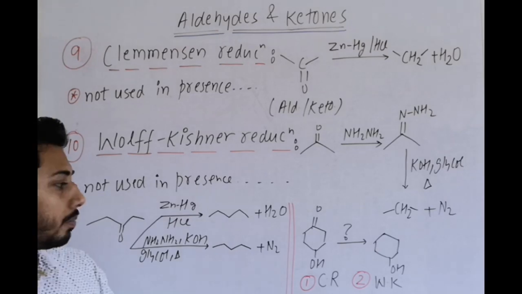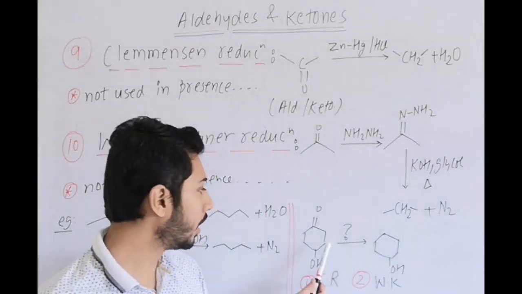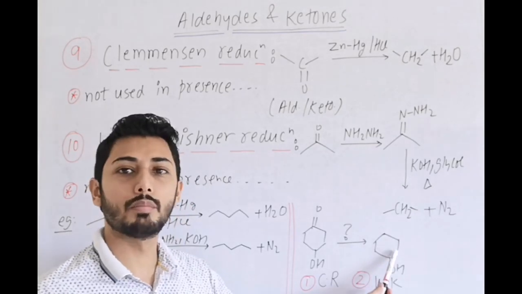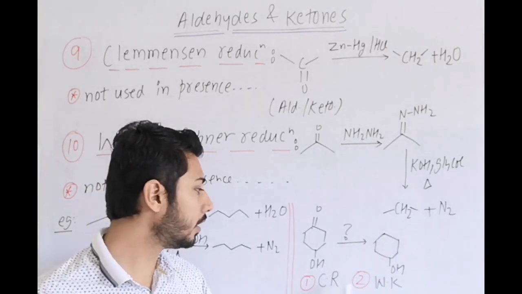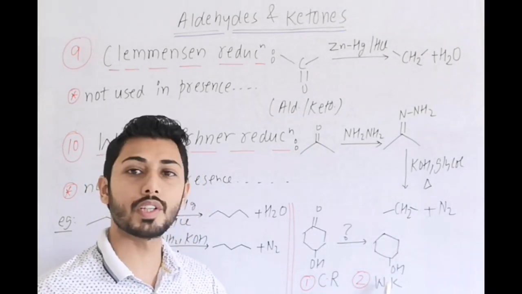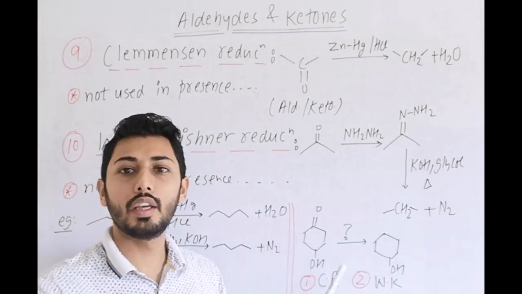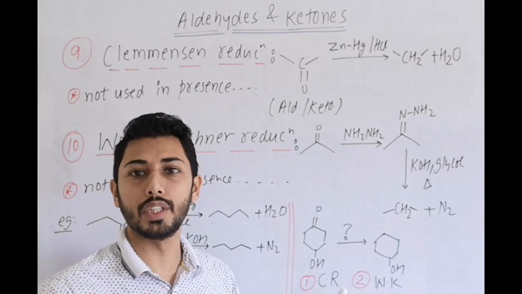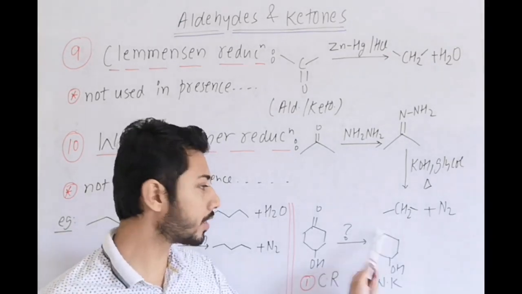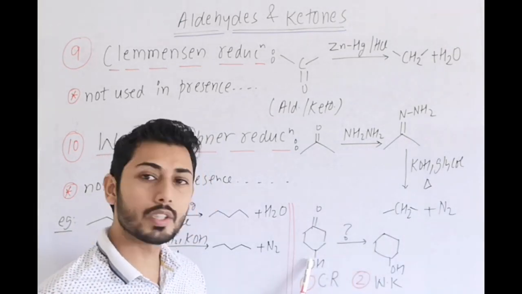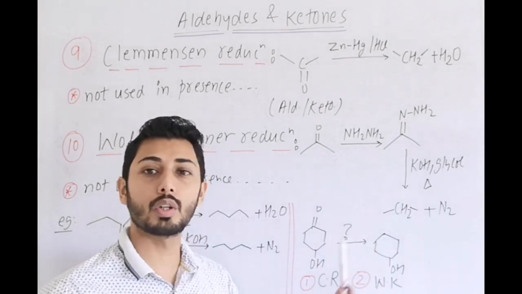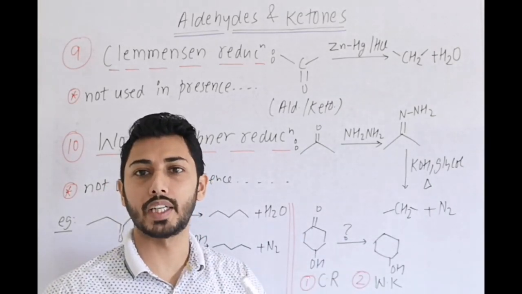Now the next question is important, which is relevant to the above information. From this compound to this compound we have to prepare. Between these two, Clemmensen reduction and Wolff-Kishner reduction, which is suitable? Here C=O is reduced by both these reagents to CH2, but OH is present, and in the final product also it is not affected.